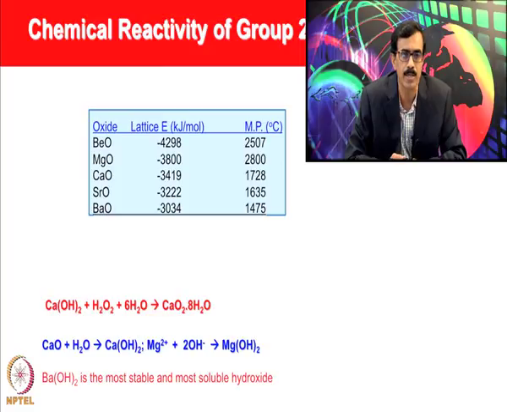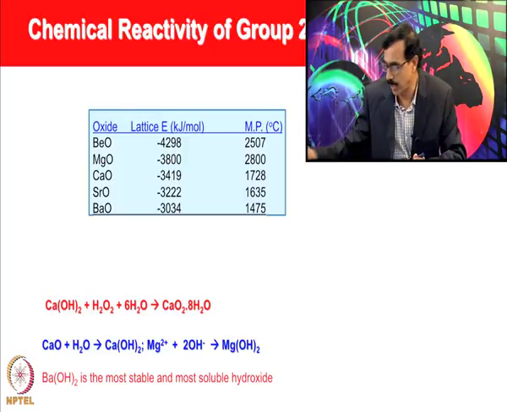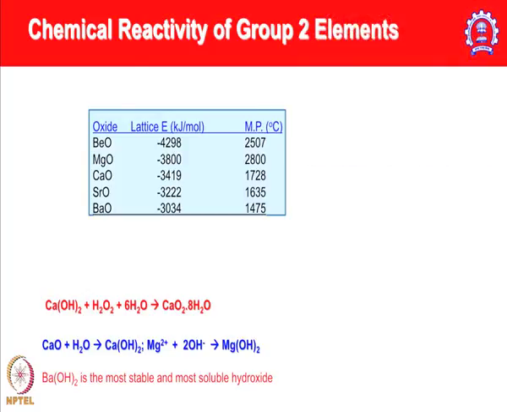Strontium oxide is 3222, so it is steadily decreasing. Nevertheless, they show very high lattice energies, and that is also reflected in the melting point. If you see the melting point, in the case of beryllium oxide it is 2500, whereas that drops to about 1475 in the case of barium oxide. And this calcium